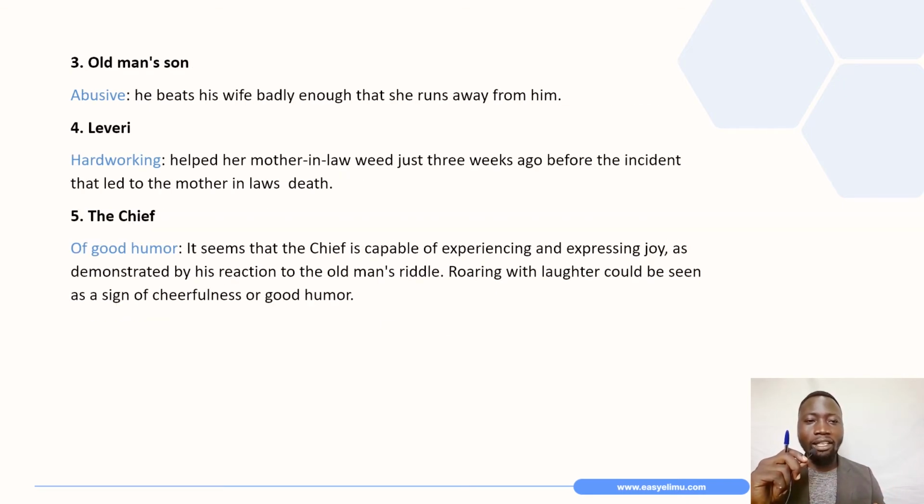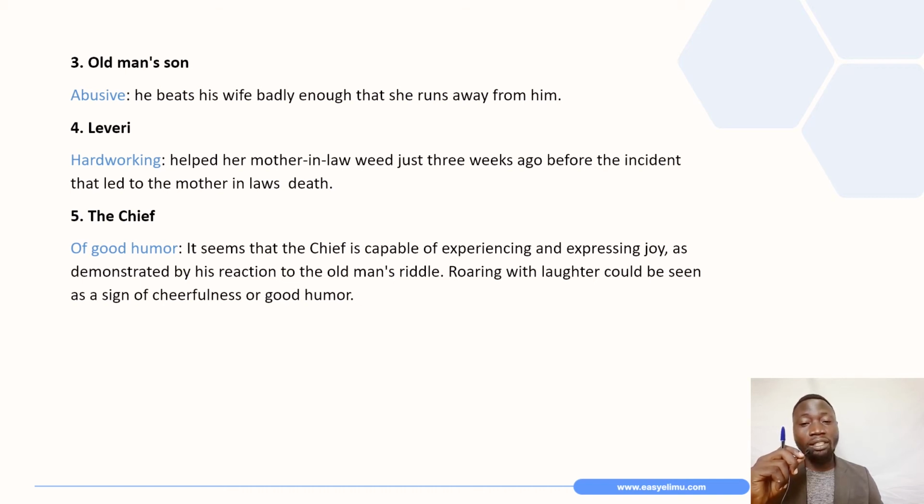character, that is the old man's son. Remember, the old man had a son, so we are told that the son is abusive. In the story, he beats his wife badly enough that she runs away from him. So he is a conformist because